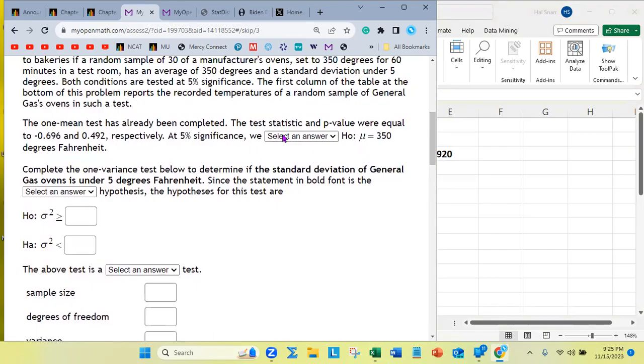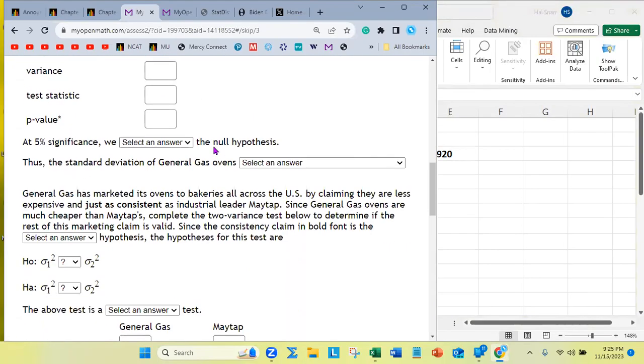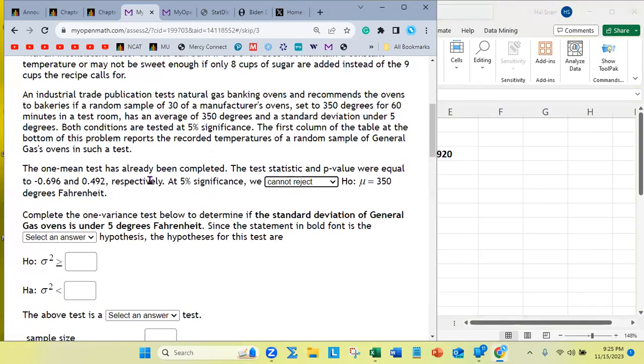Up here, sorry. We cannot reject the null up here. I'm in the wrong test. This is another test. I got to be up here, right? I'm doing the one mean test up here. So at 5% significance, we cannot reject the null hypothesis. In other words, our evidence supports the null hypothesis that our average is 350 degrees Fahrenheit,